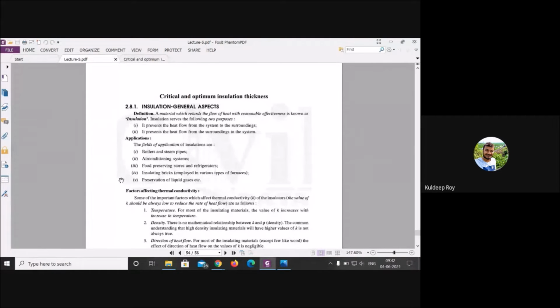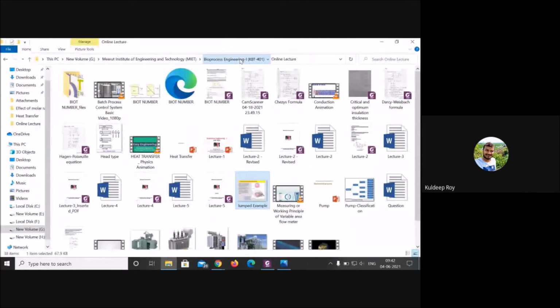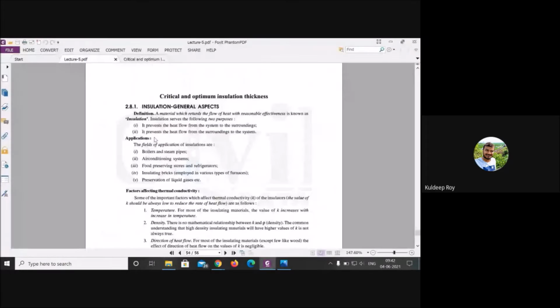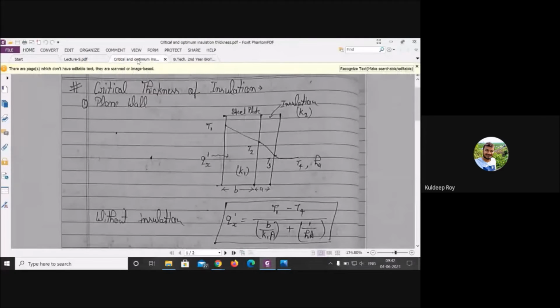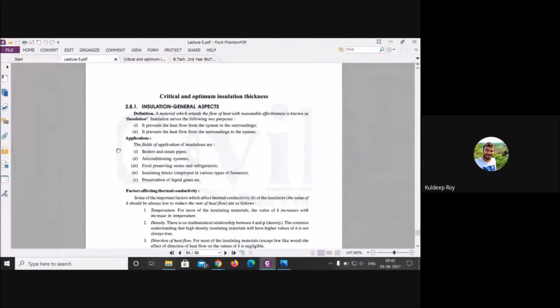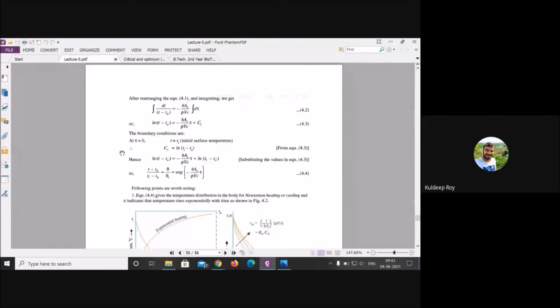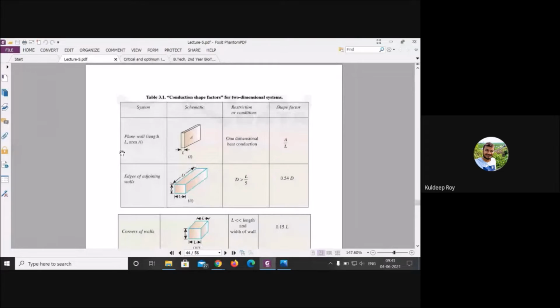Okay, and today we will talk about critical insulation thickness, but there is one problem in your syllabus. Let me show. Yesterday I was looking for your syllabus. I could not find anywhere that they have mentioned anything regarding cylinders, but without knowing the cylinder derivation you cannot go to critical insulation thickness. First we will have a small look at the derivation. Give me a moment. Then I have added a few points here. Don't worry, I will circulate these notes.